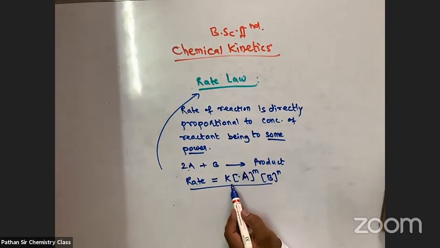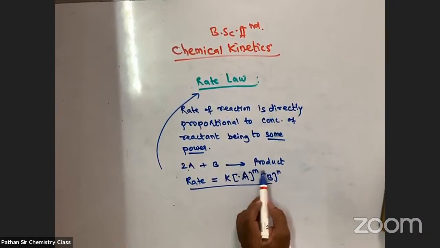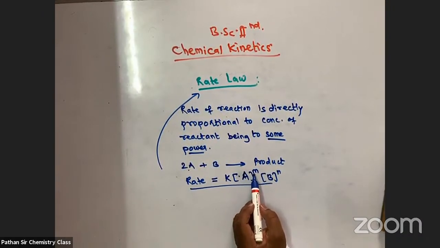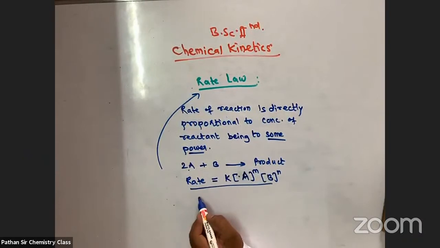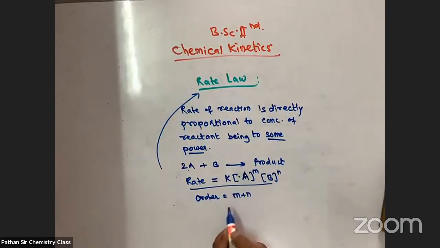Here K is the rate constant, and M and N are powers raised to the concentration terms of the reactants. So this equation is known as the rate law. Here the order of reaction is equal to M plus N. We will study order of reaction in detail. K is the rate constant. For example,